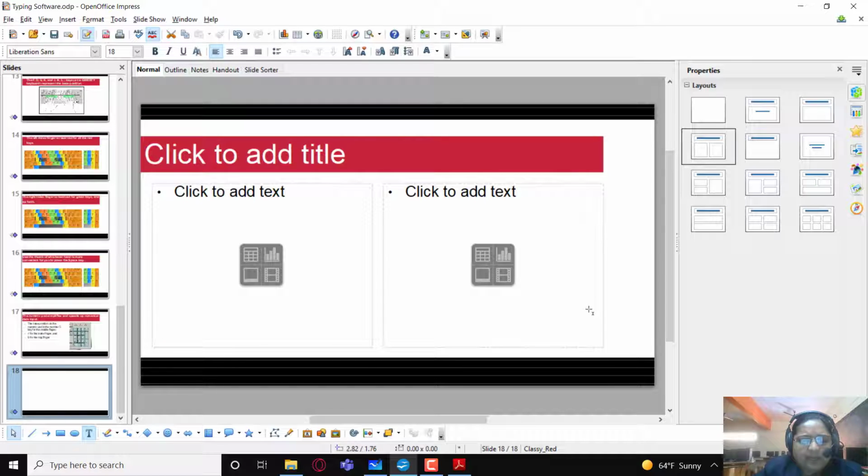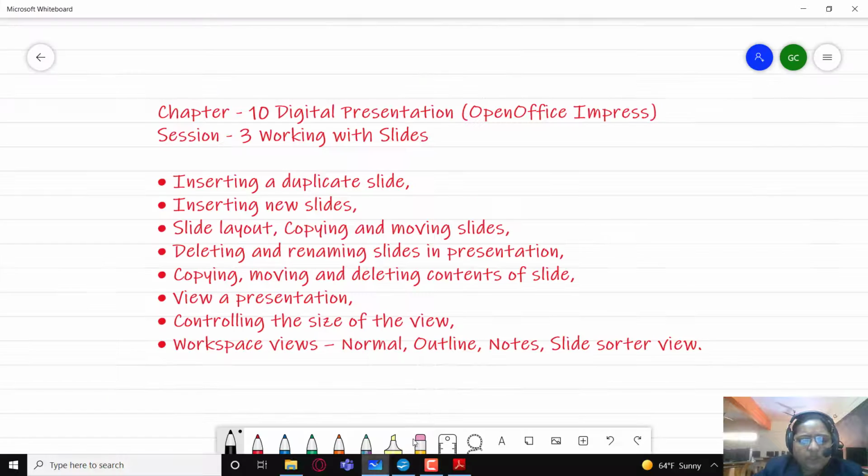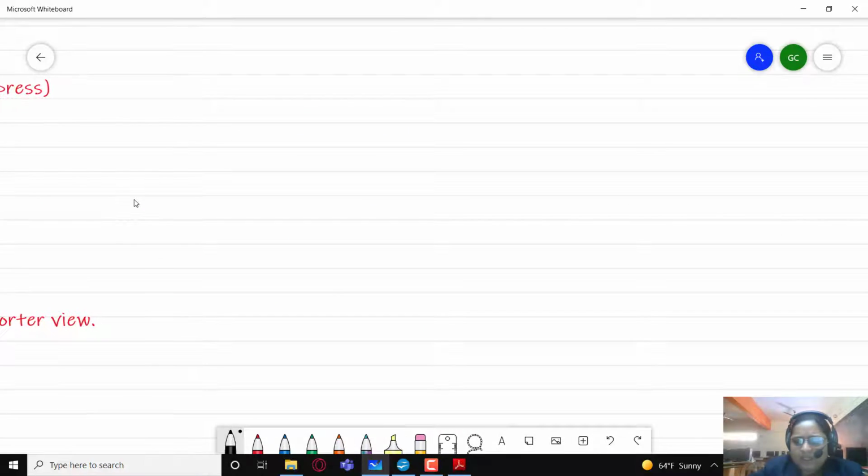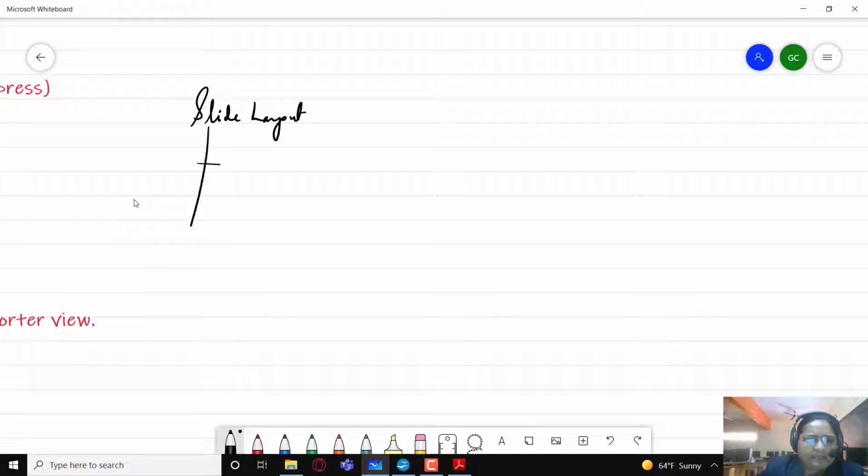Now this slide layout basically contains what? A slide layout contains placeholders for text, images, charts, media, and tables.